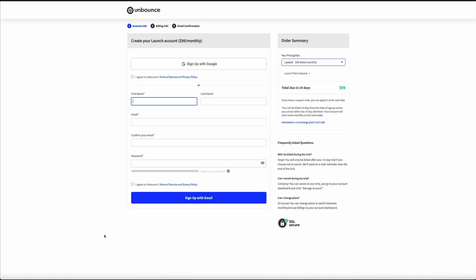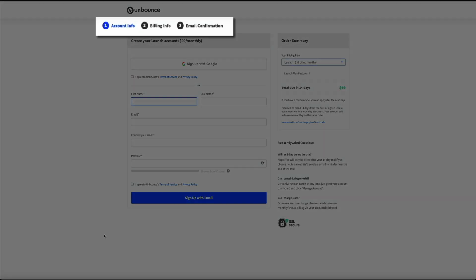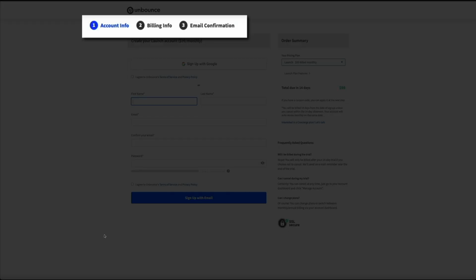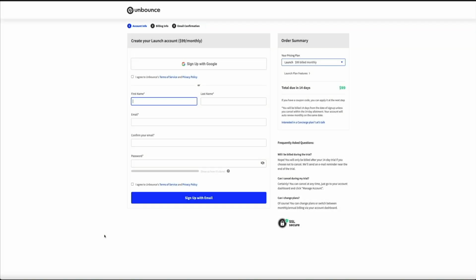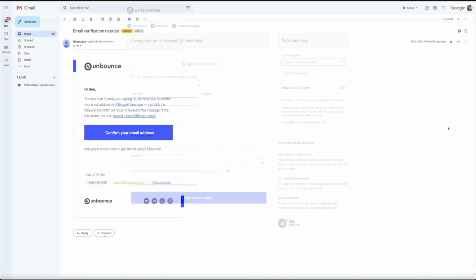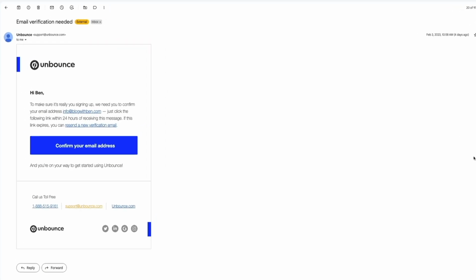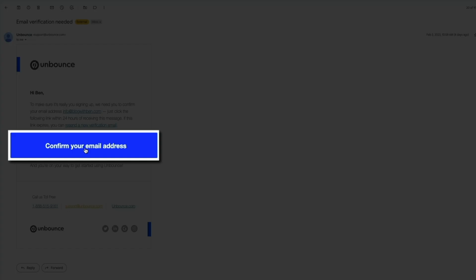And this will take you to the checkout process, which has conveniently been laid out into 3 steps. You'll create your Unbounce account, enter your billing info, and then confirm everything via email. It's pretty straightforward, and once you've filled everything out, be sure to check your inbox for the email verification from Unbounce. It'll look something like this, and all you'll do is click the Confirm Your Email Address button, and in a few moments,